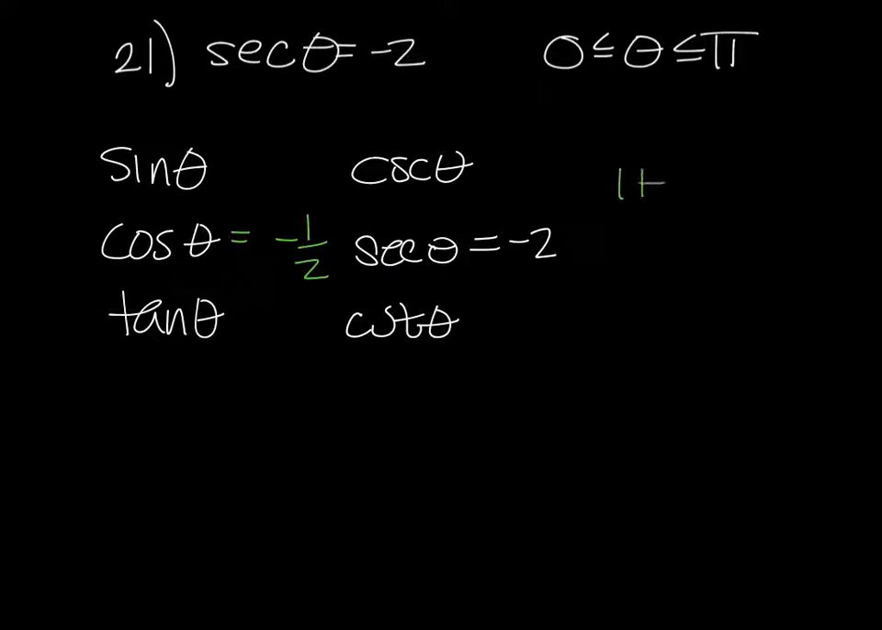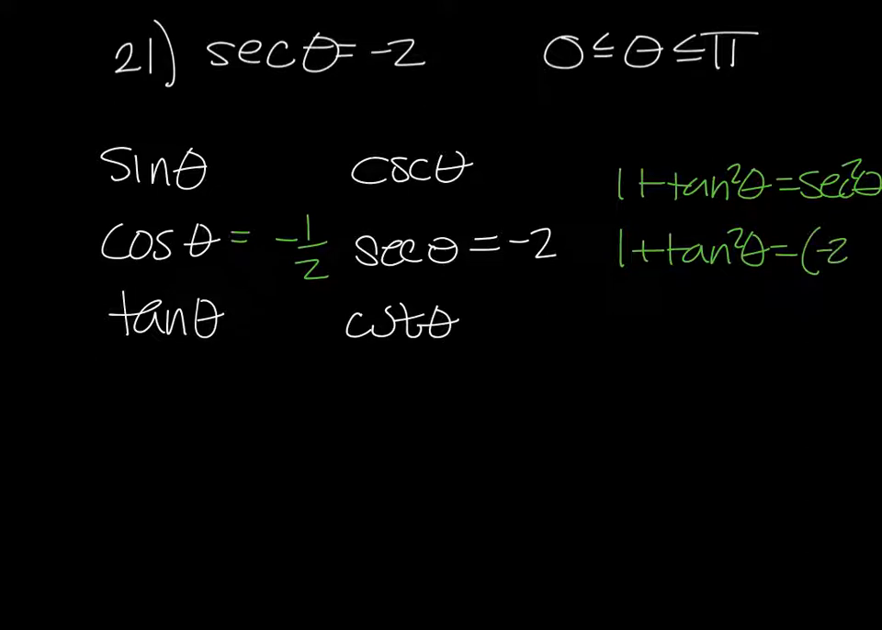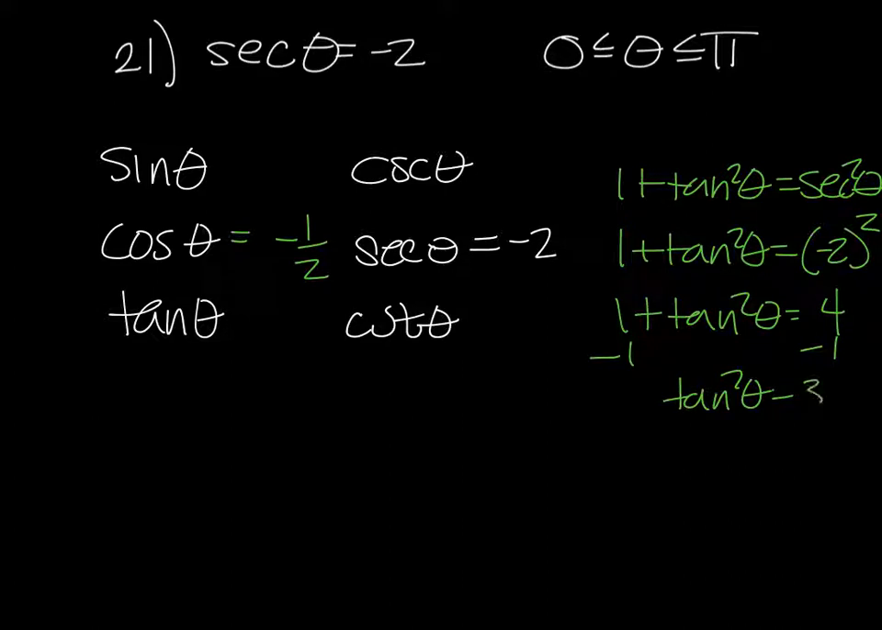So 1 plus tangent squared equals secant squared. And we know secant is -2, so 1 plus tangent squared equals -2 squared. So 1 plus tangent squared equals 4. Subtract 1. Tangent squared equals 3. Square root both sides, so then tangent equals square root of 3, and we've got to figure out plus or